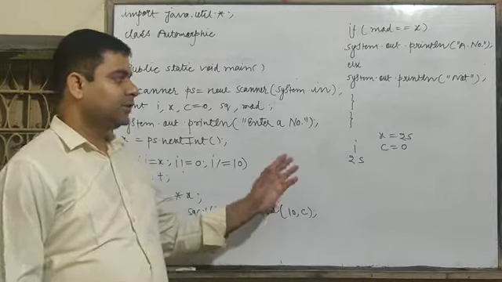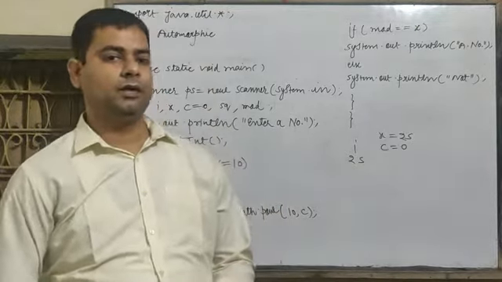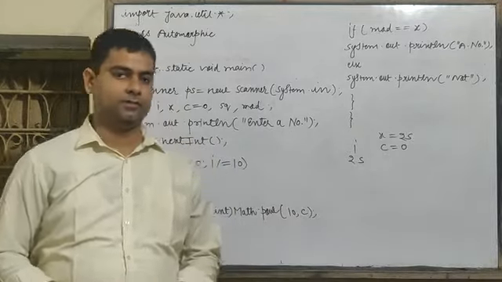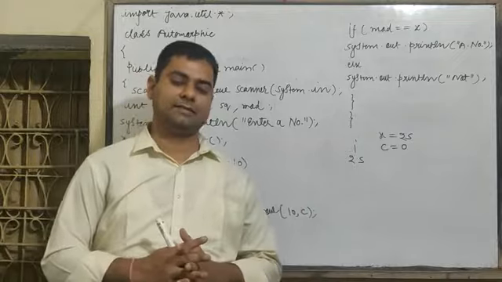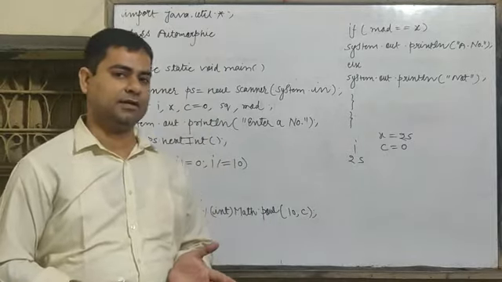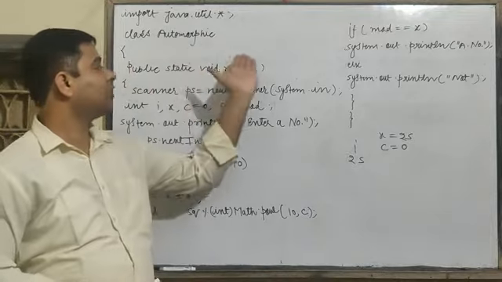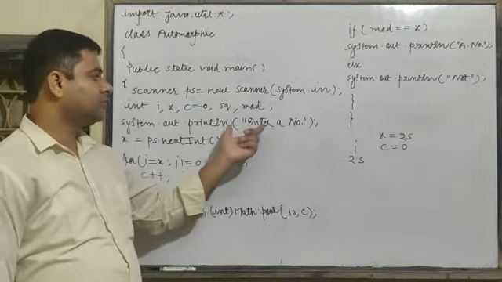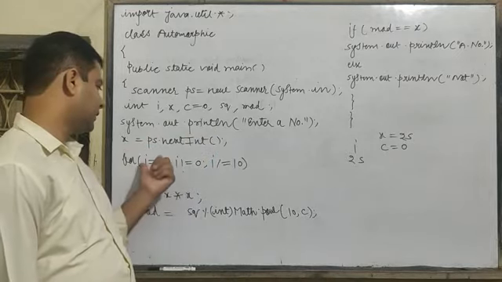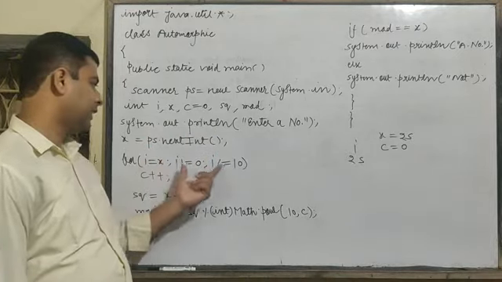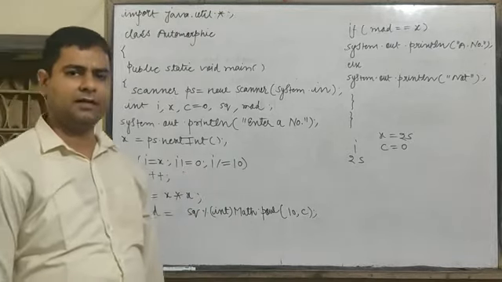Okay, children. Here is the program code for checking whether a number is an automorphic number or not. As I told you earlier, in this program we will have to count the digits in the original number. First of all, define the class Automorphic. Ask the user to input a value. This value will be stored in x. i equals x, i not equals 0, c++. This logic is same as we use in the Armstrong number.